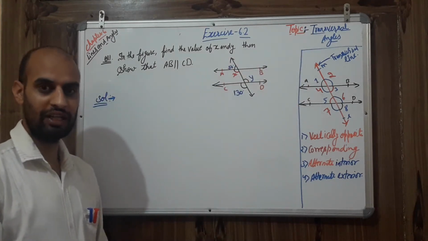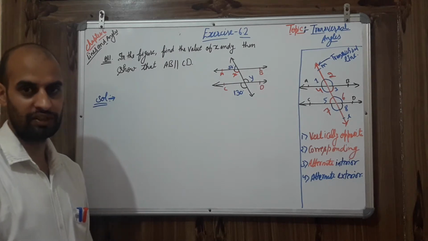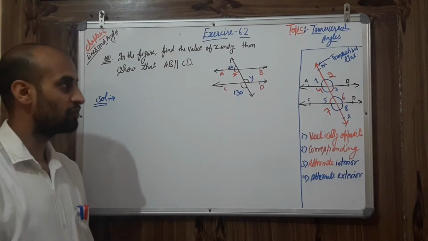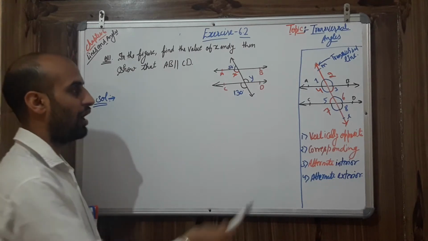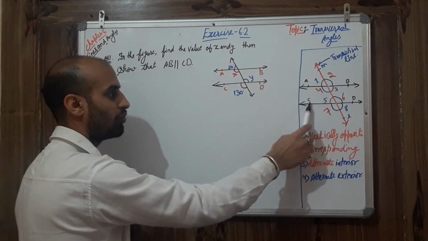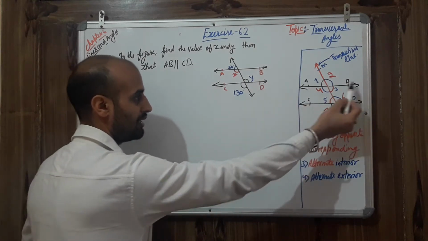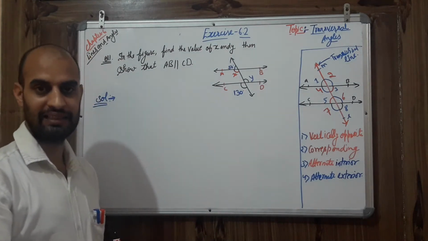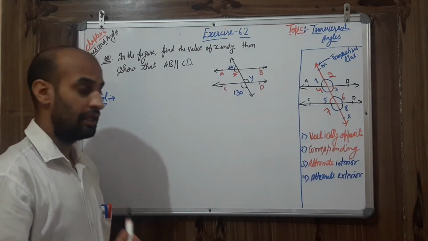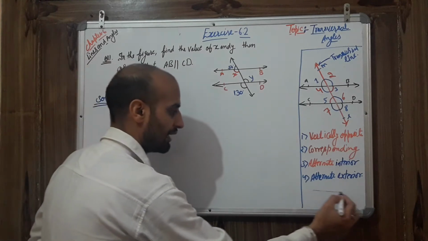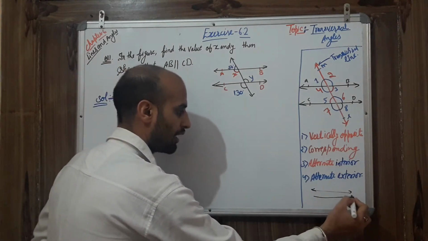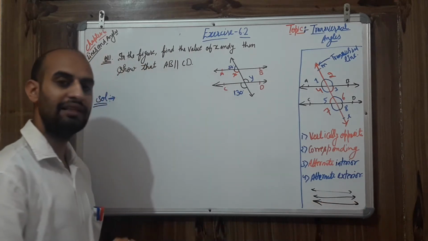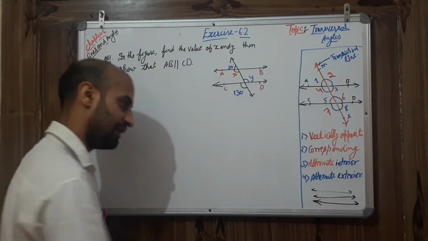So what do you mean by transversal word? That is very important first. What is a transversal line? How you can explain transversal line? So first thing that I want to clear you, whenever you have two or more than two parallel lines, see this AB is parallel to CD. So whenever you have parallel lines, in that case, any two parallel lines like that, this is a parallel, one more parallel is here, and one more parallel I am drawing. Such parallel lines are intersected by another line in this way.